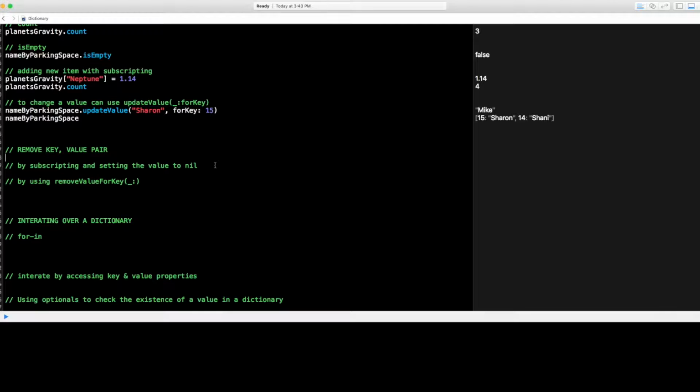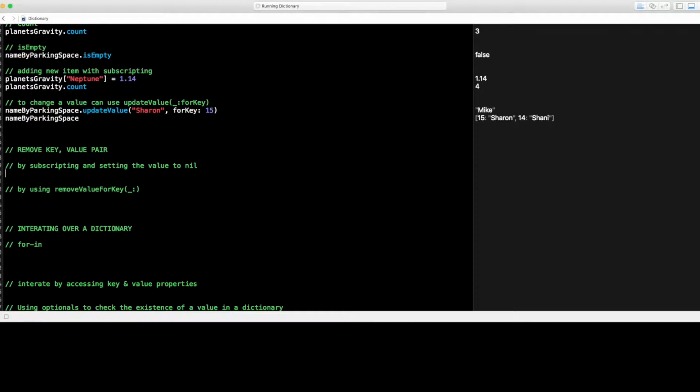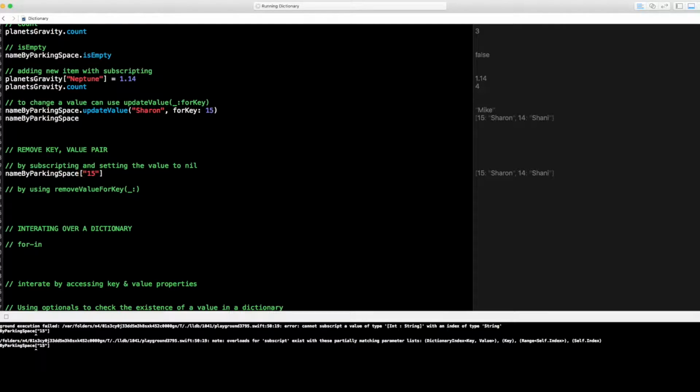Okay, so let's figure out how to remove a key value pair. With subscripting, if you notice before, when I added the key and didn't give it a value, we noticed that it was nil. So that's how you actually also remove a key value pair. So let's go again with name by parking space, and then we tell it we want key 15, and if we set that to nil, it will,